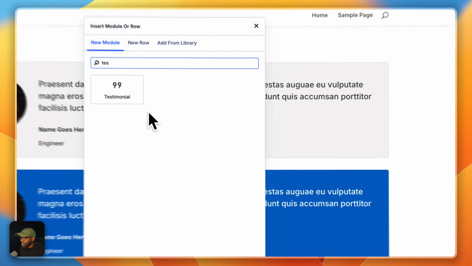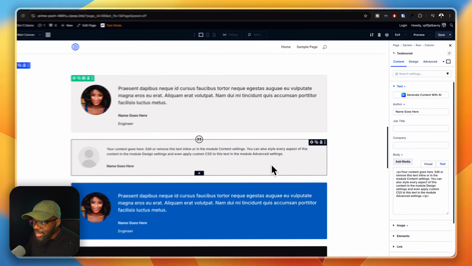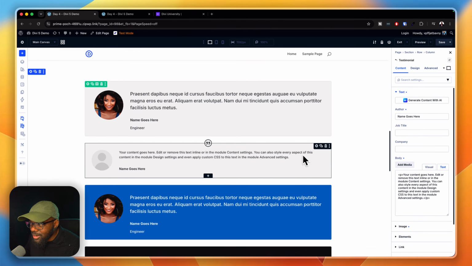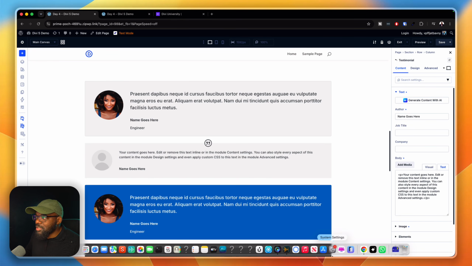Oops, there we go. So, testimonial. Now, do you see the difference? The text here is not the right size. The spacing is not right. The image icon here is not right. So